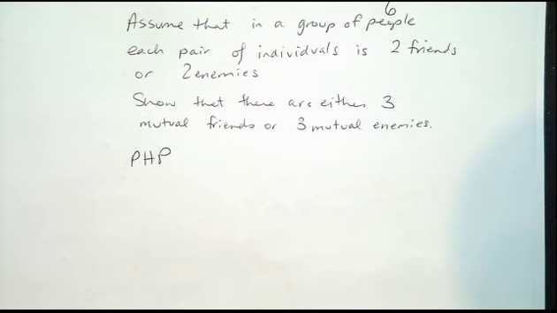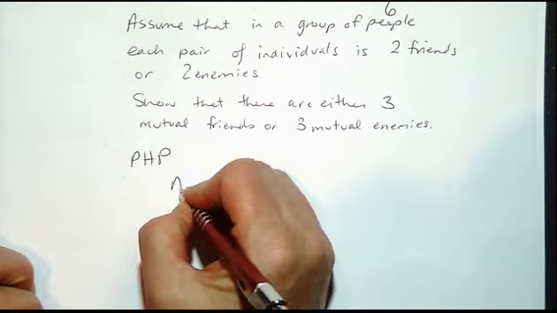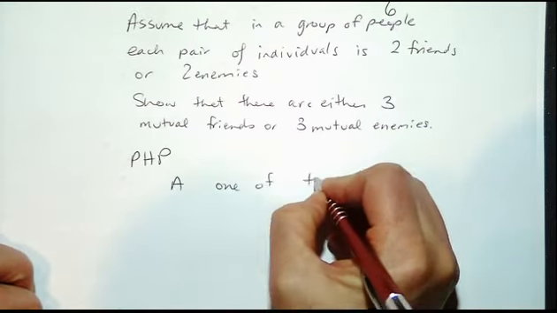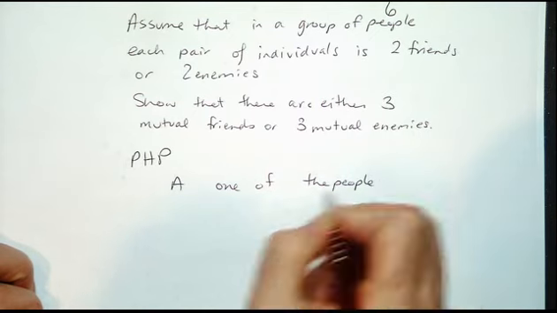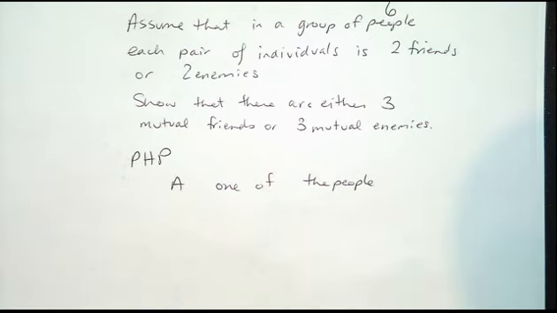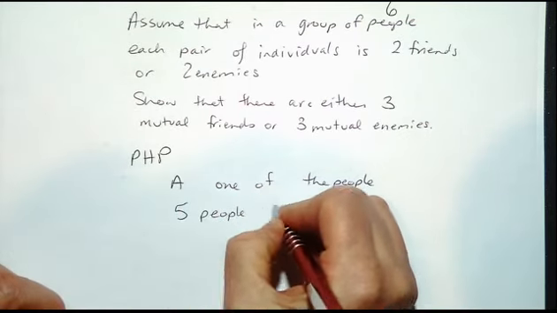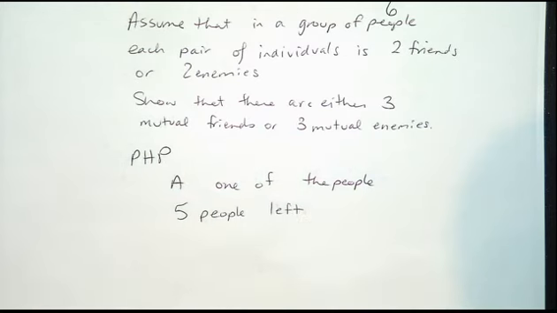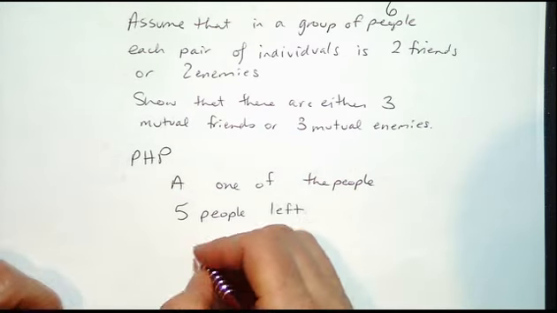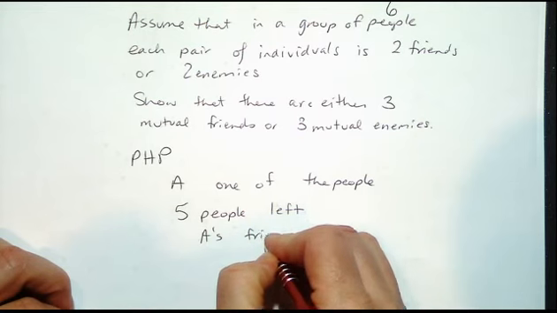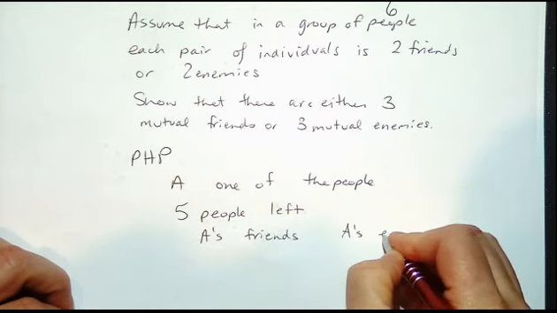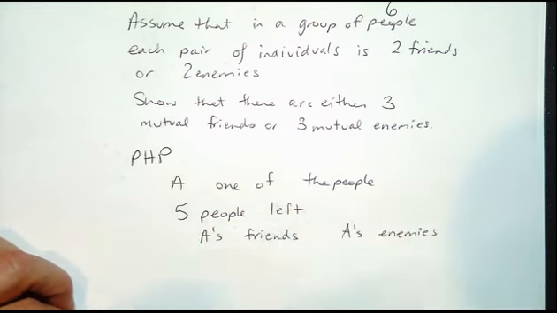So what we're going to do now is look at one of the people. And how many people are in the rest of the group? There's 5 people left. Now, if we divide those people into A's friends and A's enemies, we can do that because every person is either a friend of A or an enemy of A. If we divide it into 2 groups, we know by the pigeonhole principle that there are 5 people, so